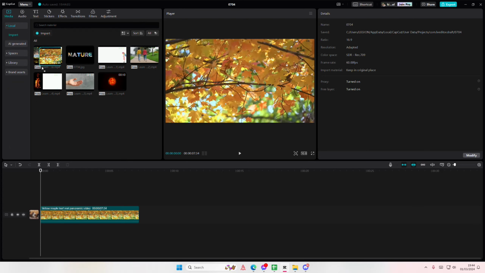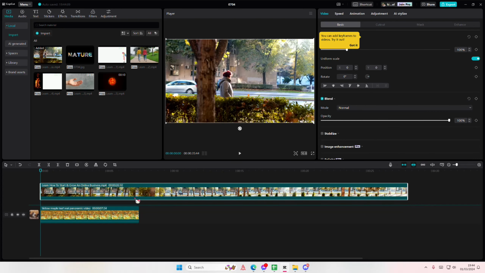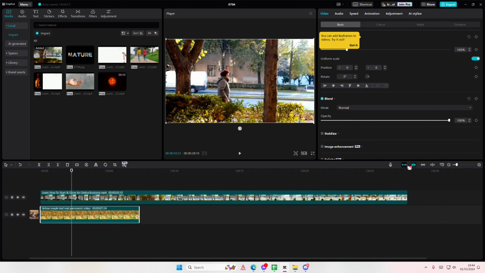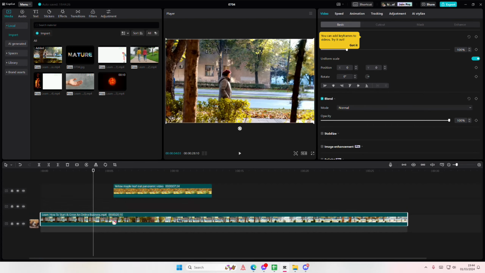In this video I'll be showing you guys how you can create this tree video transition on CapCut PC. So I'm just going to place this video on top, and I'm also going to turn off main track magnet for a bit. Oh, actually I don't think I need to do that. I'm just gonna place this here,